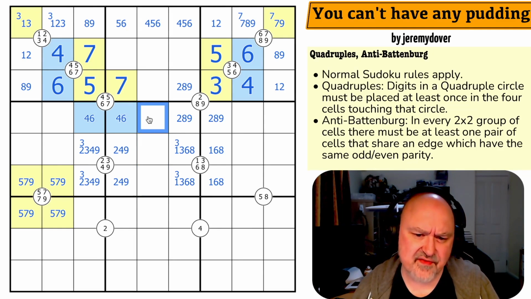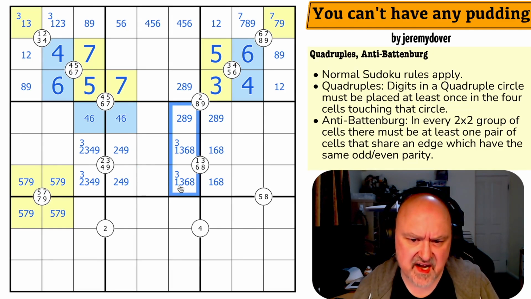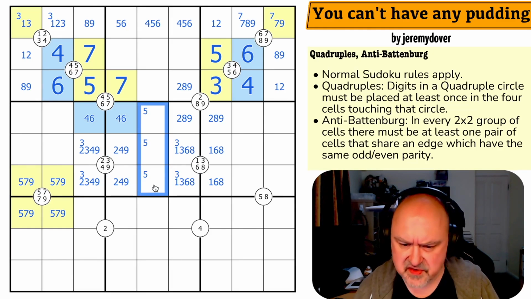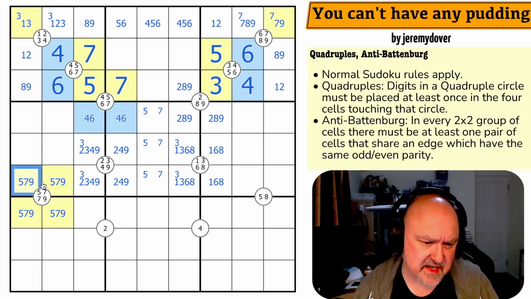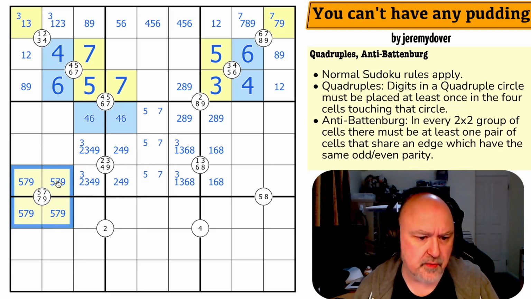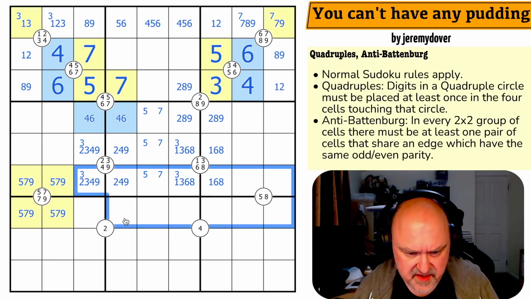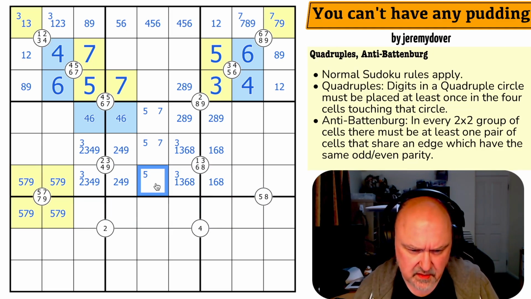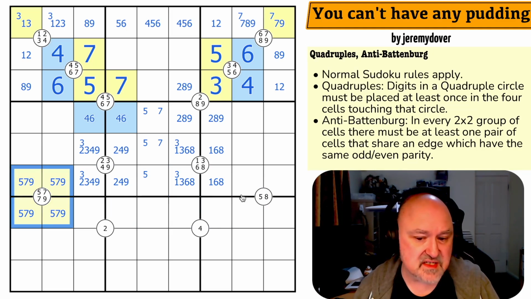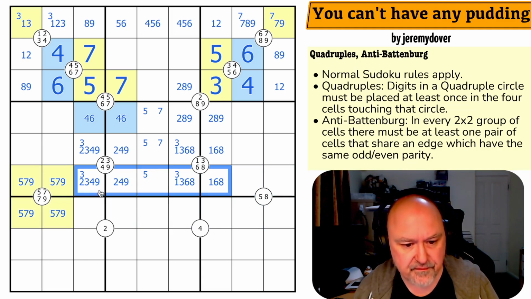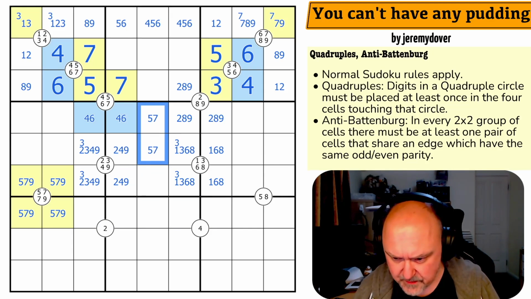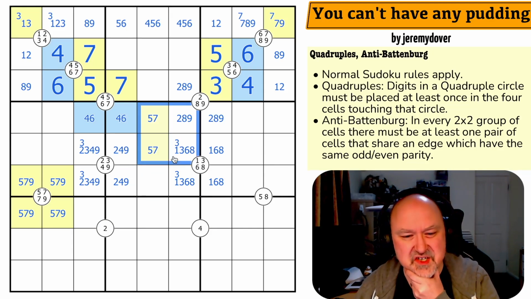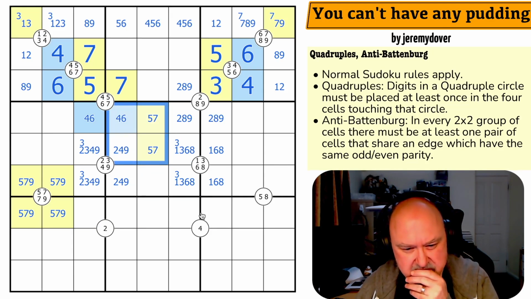Well, 5 and 7 have to be in here. There's no 5, 7 in any of those, and there's no 5, 7 in any of those. So 5 and 7 is in those. But there must be a 7 in here because there must be 2 7s around here. So this one quadruple is taking up both 7s in all of these rows. So that can't be a 7. And it can't be a 5 either because there's a 5 here and a 5 here. So I can't put 5 in any of those. So that's not a 5. This is a 5, 7 pair, which are both odd, which is actually giving me the odds I need for all of those.